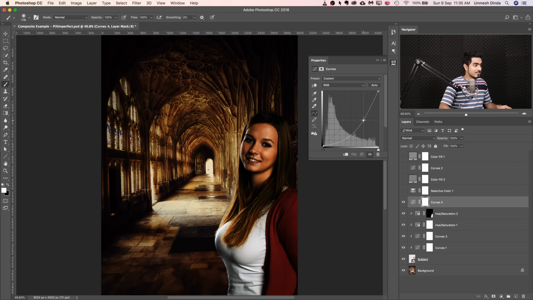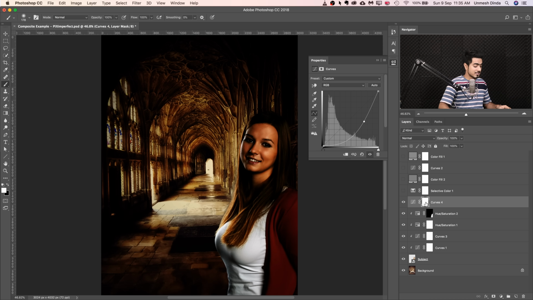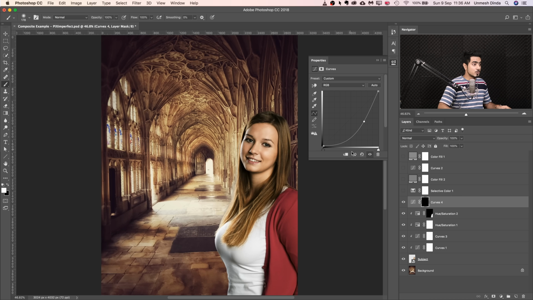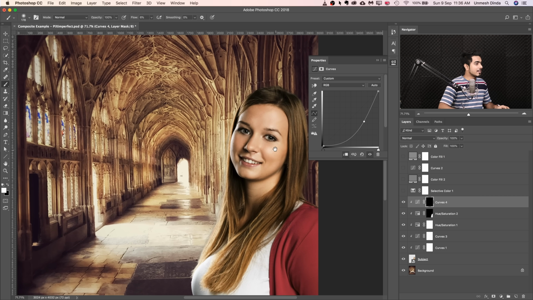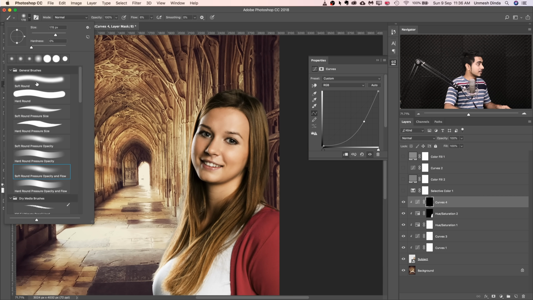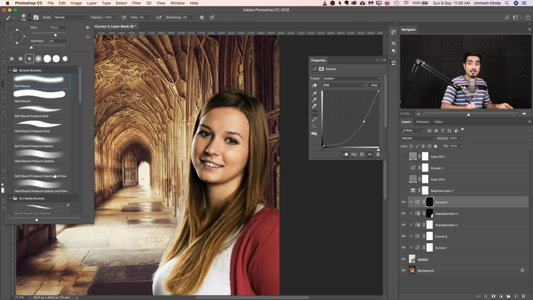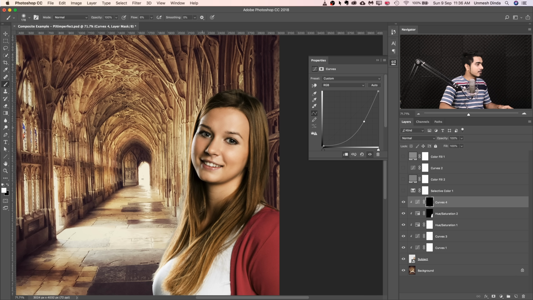Now take it down just like this. Select the mask, press Ctrl or Command I. Now don't forget to click on this button, Create Clipping Mask button. Now simply take the brush, foreground color white, and you can decrease the flow to somewhere around, let's say 6% is okay. Now simply take the brush, make sure it's the soft round brush. If you're using a tablet, you can choose the soft round pressure, opacity and flow. It gives you much more control over flow and opacity with just the pen pressure. So I'm going to select that and then make the brush a little larger and simply paint on the area